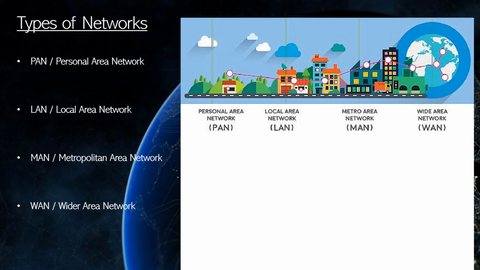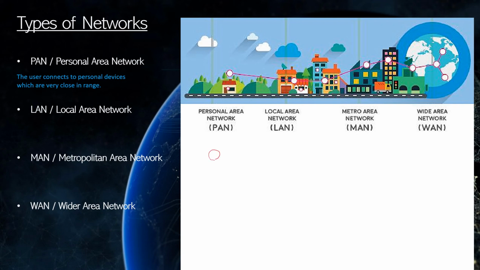So the first we're going to be talking about is the PAN network. This is a personal area network, and the definition for it is the user connects to personal devices which are very close in range. So if we were to draw a little diagram or a little representation of this,